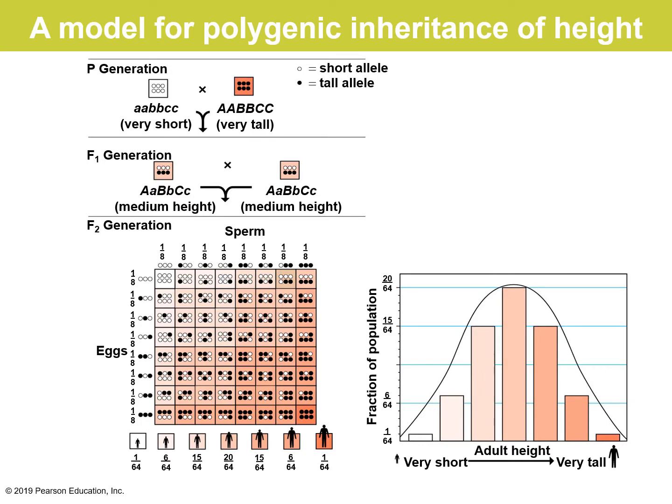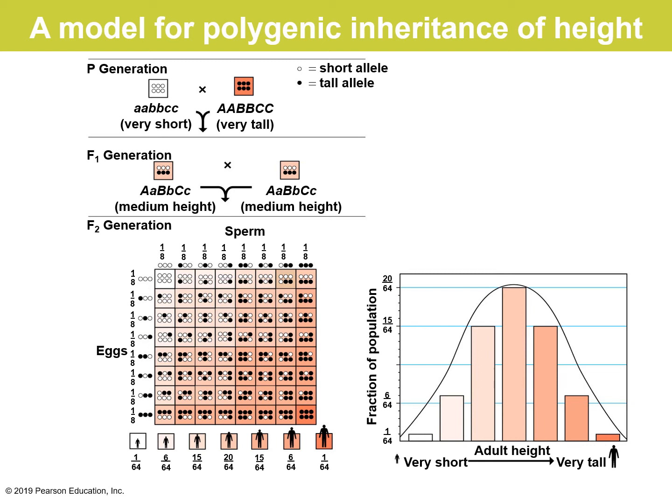There is evidence that height in people is controlled by several genes that are inherited separately. In fact, scientists have identified over 180 genes that affect human height. Now, to illustrate the principle of polygenic inheritance, this model diagram is shown here. Let us consider three hypothetical genes with a tall allele for each.